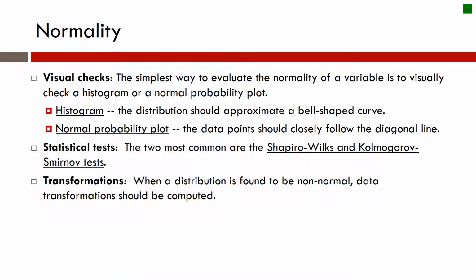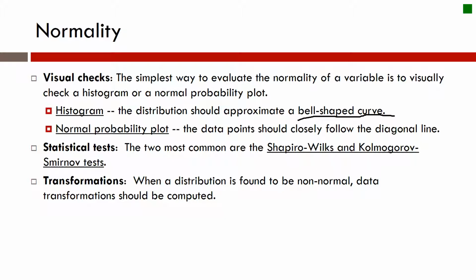When checking for normality, we can look at the different statistics that are available for normal distribution. We can look visually at charts. So there's something called a histogram. A histogram will provide you the distribution and let you look at it. And you might have heard of the bell-shaped curve. So a histogram that looks bell-shaped is what you want to look at. And then also normal probability